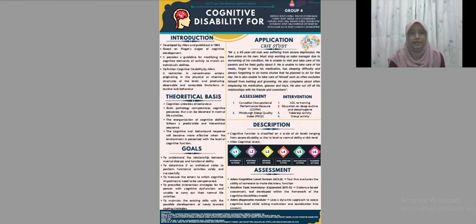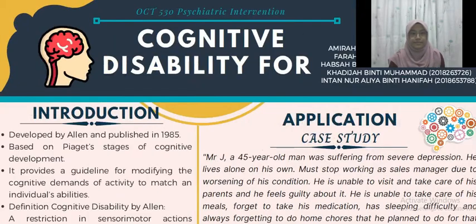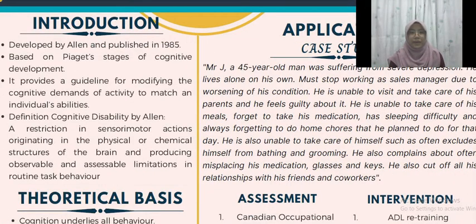So first, let's know what is cognitive disability frame of reference. Impairment in cognitive disabilities and social functioning are common characteristics of psychiatric patients. This cognitive disability was developed by Allen, and it was published in 1985. So this cognitive disability frame of reference is one of the leading theories in psychiatric occupational therapy, and it has